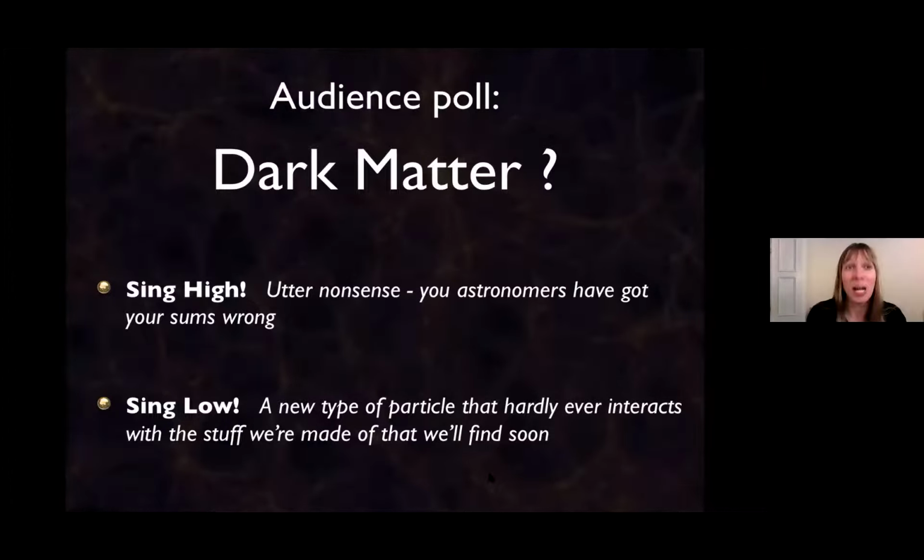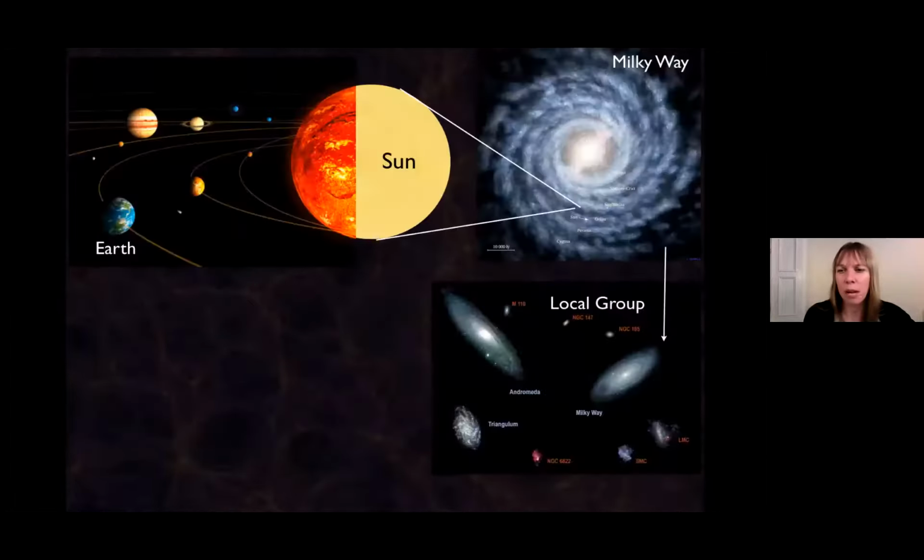Now, often when I give this talk, I have a large contingent in the audience who sing high, and they think it's utter nonsense. And I love these people and I salute them because we haven't found this particle. Your best theoretical evidence for it means that CERN should have already found this dark matter particle if it was weakly interacting, and it hasn't. So I think it's important that we are skeptical, that we don't just take on board the basic theories that we're told. But I'm going to give you lots of evidence now to support this hypothesis of this dark matter particle. So let's continue going up in scale.